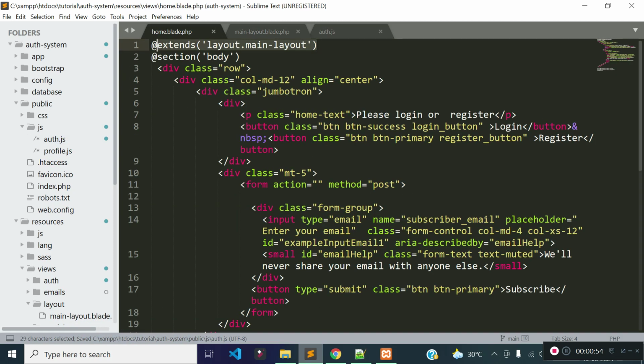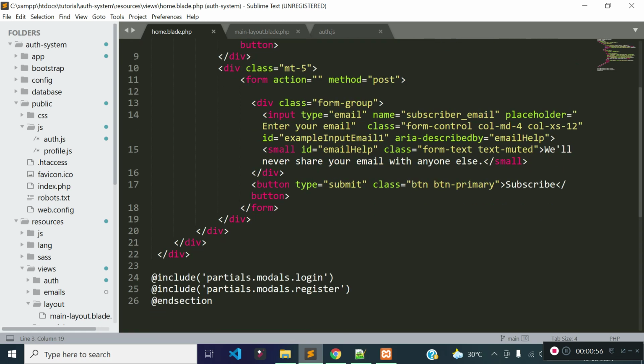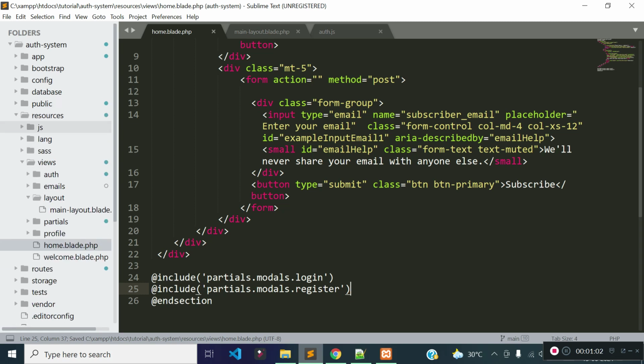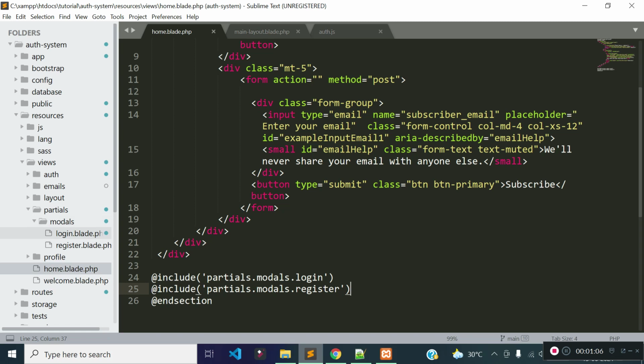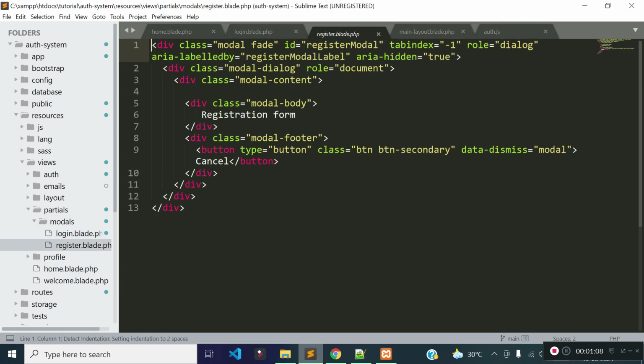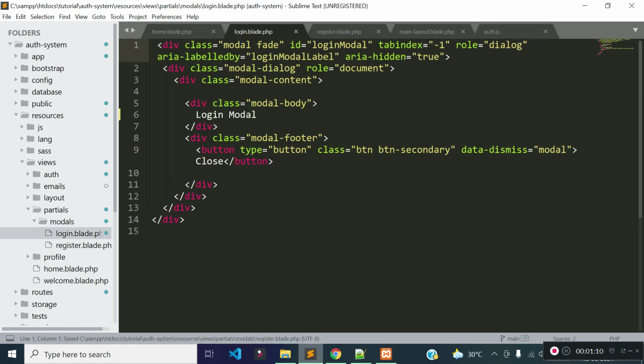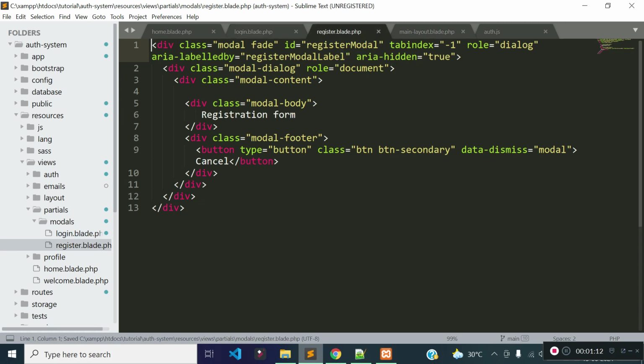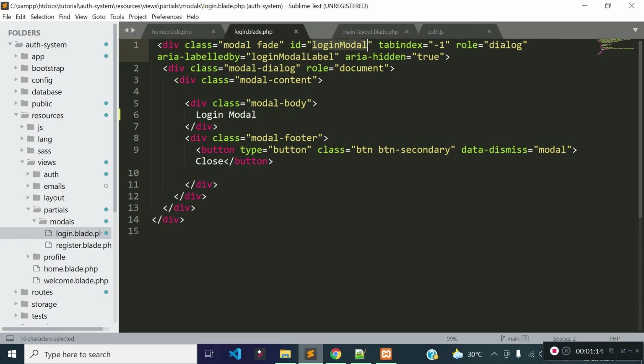And now let's check what we have in our home page. You can see I already included login modal and register modal, which is under resources views partials modals folder. You can see our login modal ID is login modal and register modal ID is register modal.